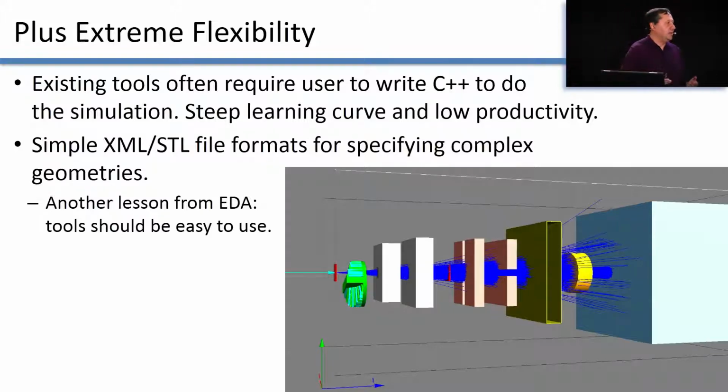The tools that existed require you to write C++ code to do the simulation. Now, we all know C++, or if you don't, then maybe you shouldn't be in this room, perhaps. Unless you're a senior manager, then it's okay, because you know Fortran. The point is that, in order for you to do a simulation, if I require you to write C++ code to define the geometry, define where the particles are coming from, define the properties of the particle, that's a lot of work. And a lot of work that maybe is not useful when you run from one time to the next. You cannot reuse that code very effectively.